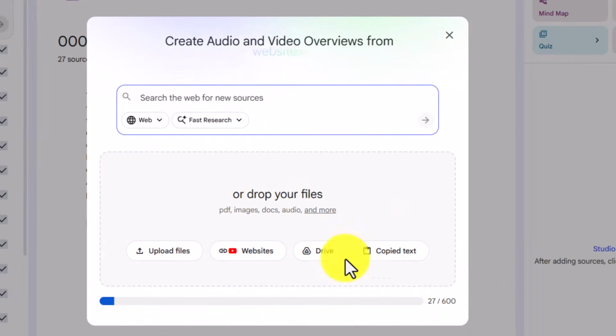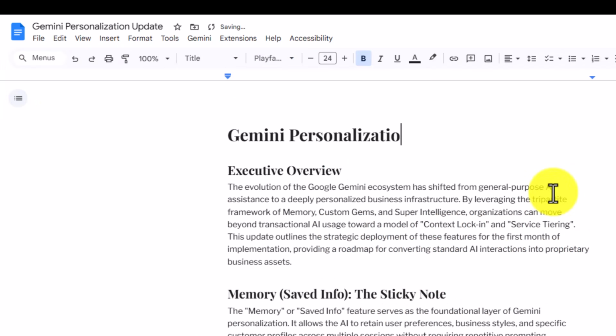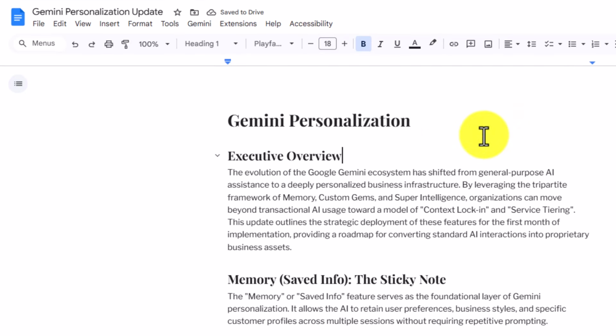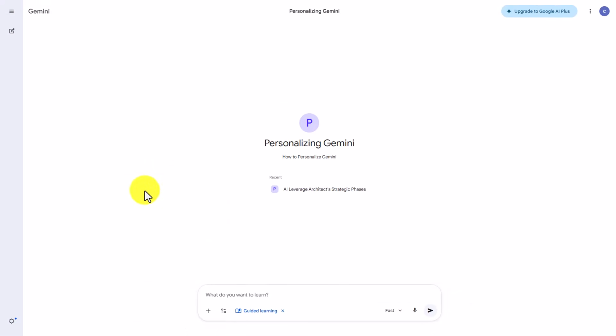And so anything that you can update on a regular basis from Google Drive, such as a Google Doc, Google Slides, or Google Sheets, will automatically update inside of the notebook. Whenever you make changes to the document, in this case, we're just going to make a minor change to demonstrate the process to a document that is inside of the notebook. You can go to that update and sync with Google Drive in order to provide your customer with the update. So we are delivering a customized learning experience from our proprietary NotebookLM notebook updates through